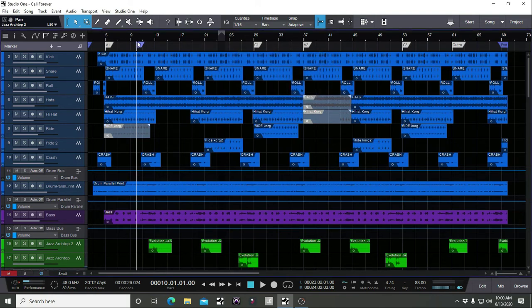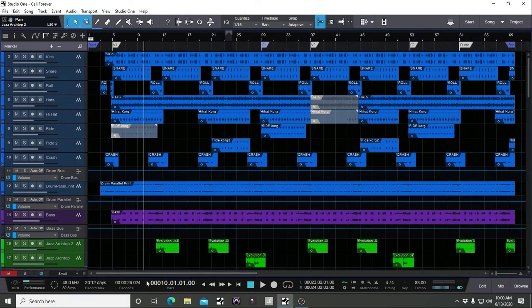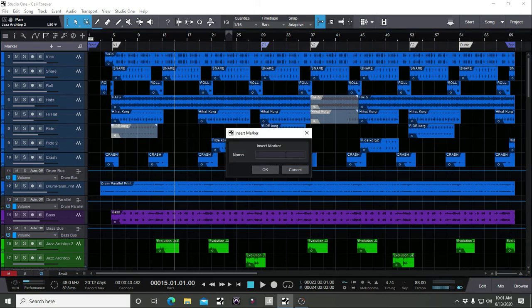Now, Studio One operates much more straightforward. My start marker is technically marker number 1, and then in order of how they exist, it counts 2, 3, 4, 5, 6, so on and so forth, okay? For key commands, if you hit insert with the generic Studio One key commands, hitting insert will do the same as creating a marker with a number, depending on where it is in the timeline. If you hit shift enter, it will create a marker, but it will ask you for the name first,